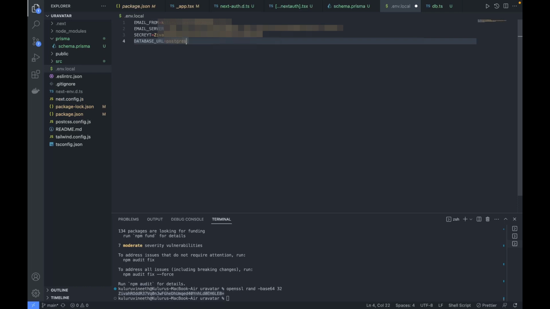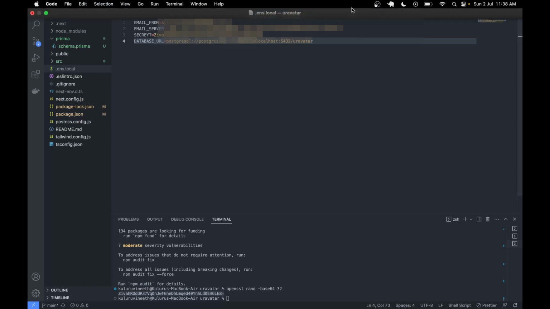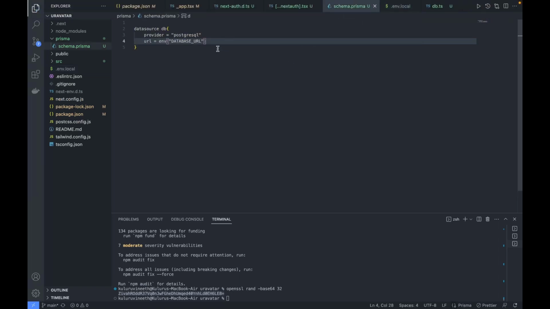I'm using local PostgreSQL, so I'm mentioning this, and after that the username of your database, the password for your database, then the endpoint of your database, and then the port. Finally the database name, which here is your avatar. Going back to our Prisma schema,